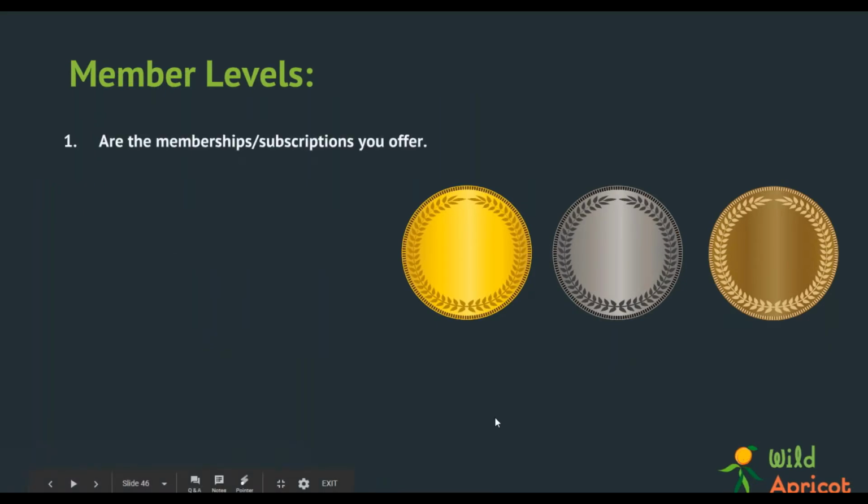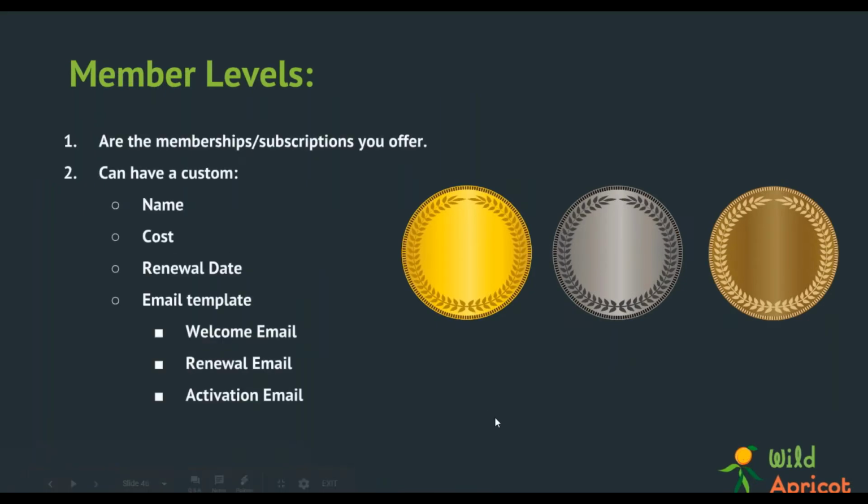Now, member levels, I've mentioned that a couple of times, and what that is referring to is the different types of membership that you can offer. A good way to think of it is in the example that I've put here as a picture. You can have like a bronze membership, a silver membership, a gold one. There's no limit, in fact, to the different types of membership levels that you can offer. So if you have more and your organization uses more types, then go ahead and put them in. Likewise, if you only have one, that's perfectly fine too. You would need a minimum of one, but that's all you really have to think about.